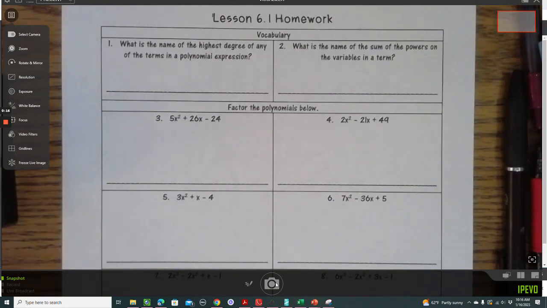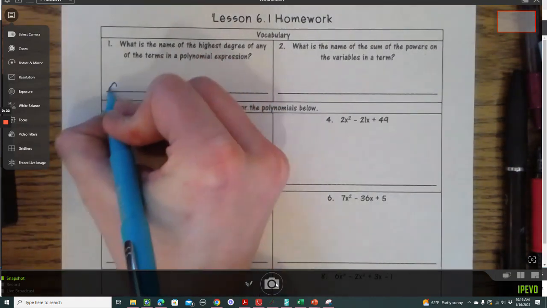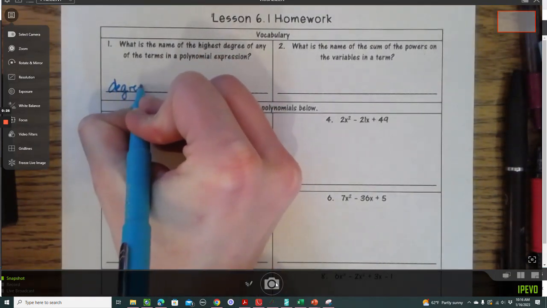factor a cubic. So number one, what is the name of the highest degree of any of the terms in a polynomial expression? This is the degree